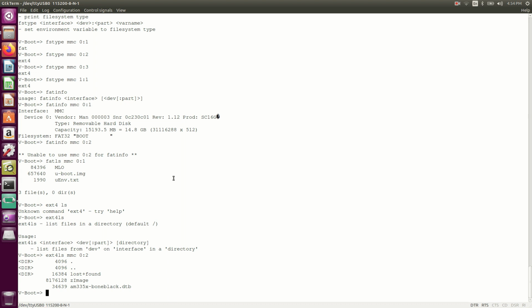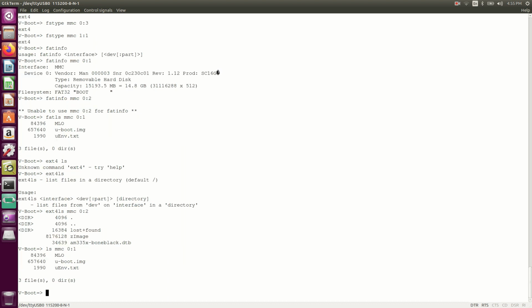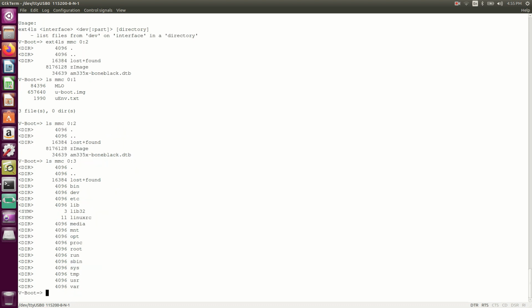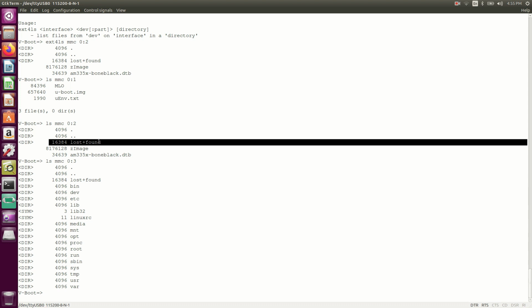So in this way there are different things we can see. We can use these commands to understand what the different partitions are that we have created for this BeagleBone Black. If you want to see all these things, you can use the ls command also. It's a simple, straightforward command which will give you all the details of the first partition, and similarly for the Linux kernel and for the root file system. There is one lost+found directory there.